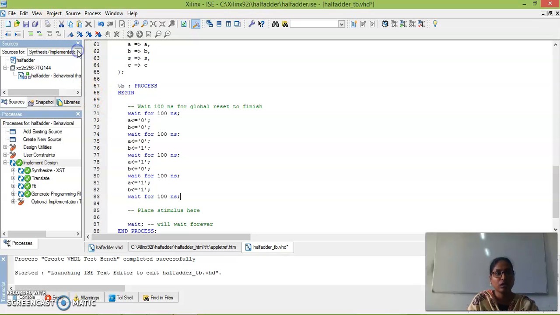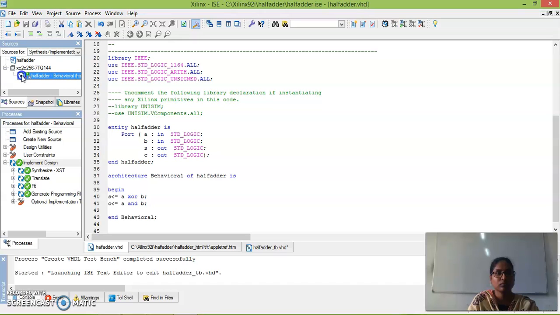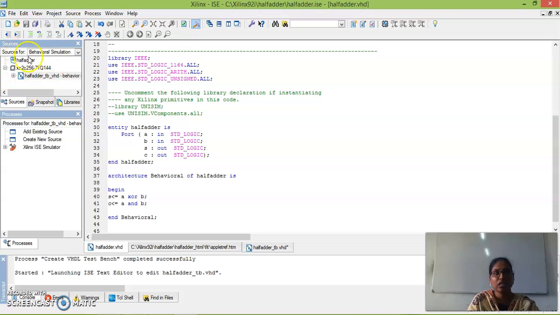After this, we need to run the program. So we need to change the source to behavioral simulation. After that, we need to run this program. So go for check syntax.